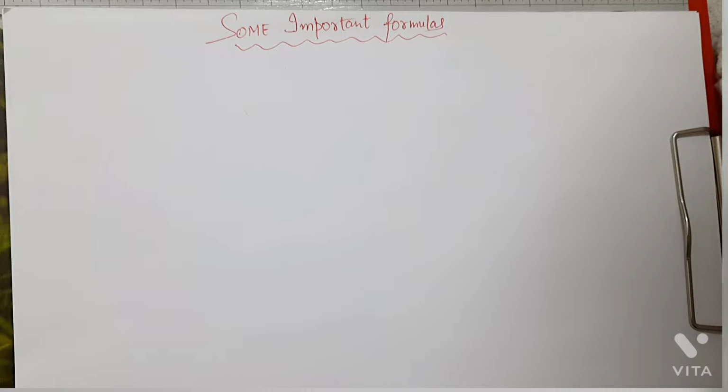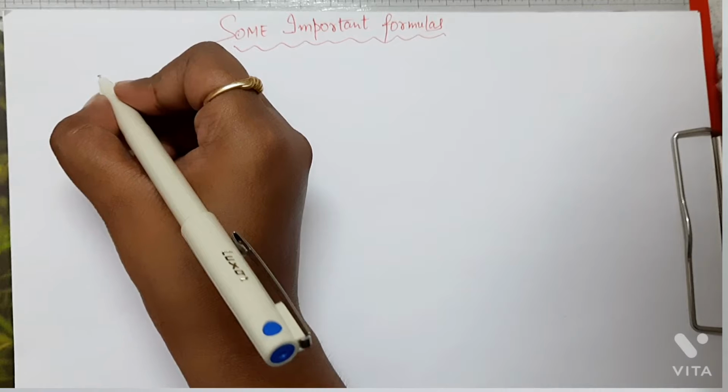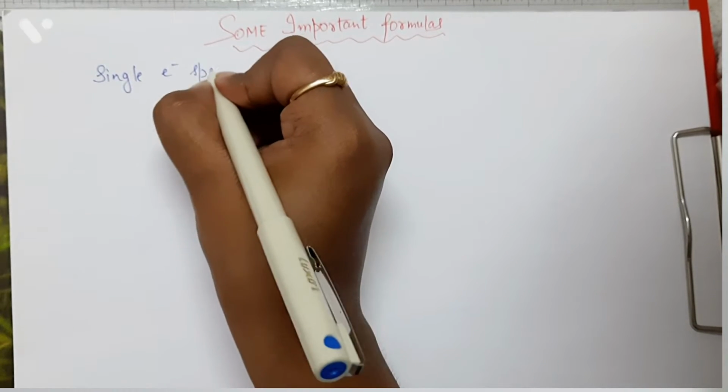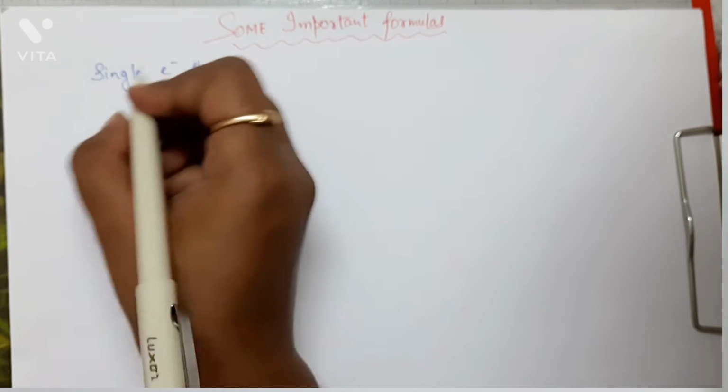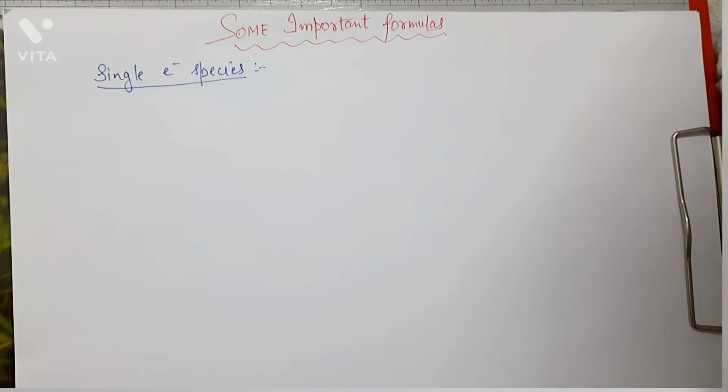So in the previous video of quantum, we have discussed the particle in a 3D box. Moving ahead, we are going to discuss today some of the important formulas which we will be using before starting out with the hydrogen atom. First of all, whatever we are going to discuss, just remember that right now we are dealing with single electron species. Right now in our discussion, whatever we are talking about is single electron species.